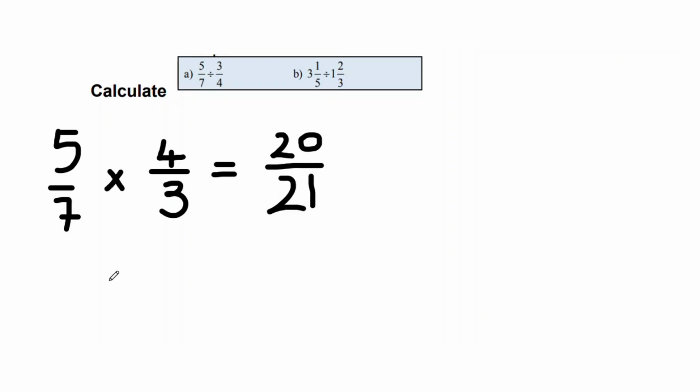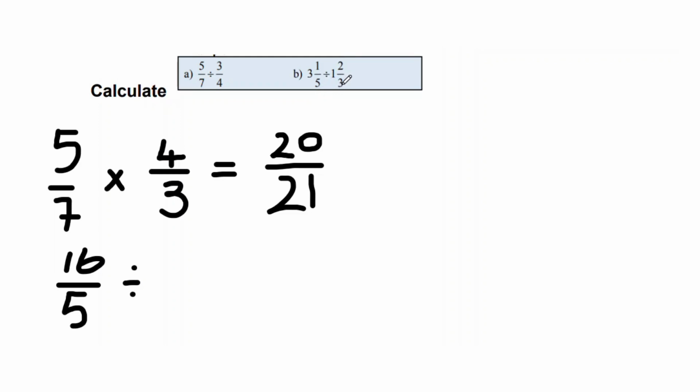Now let's look at our mixed fractions. Now we're dividing mixed fractions. The same rules apply as before. The first thing we want to do is convert our mixed fraction to an improper fraction. Now we have 3 multiplied by 5, that's 15, plus 1, that's 16. So we have 16 over 5, that is our first fraction, divided by